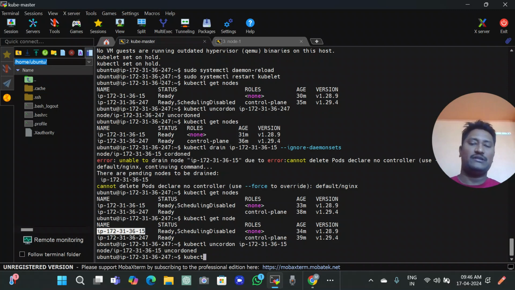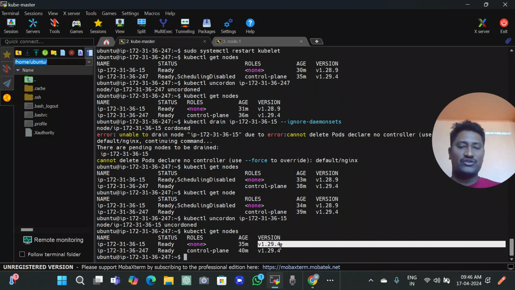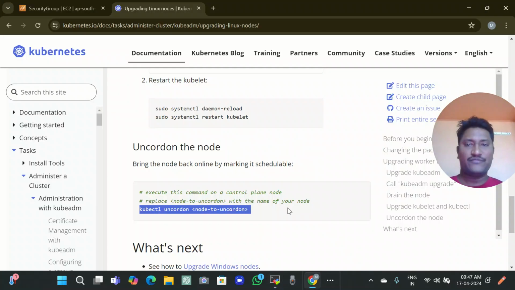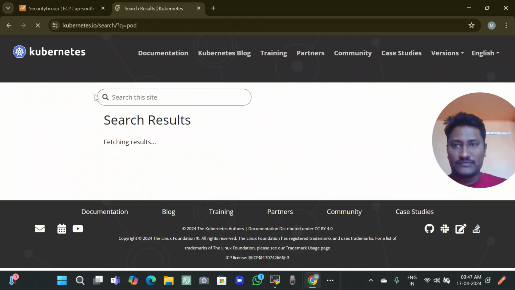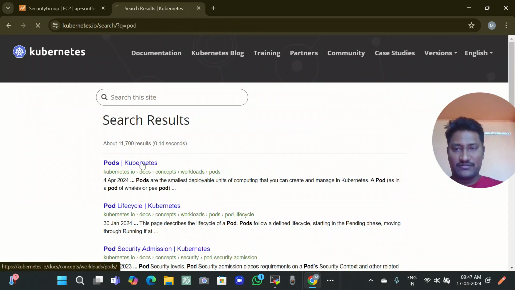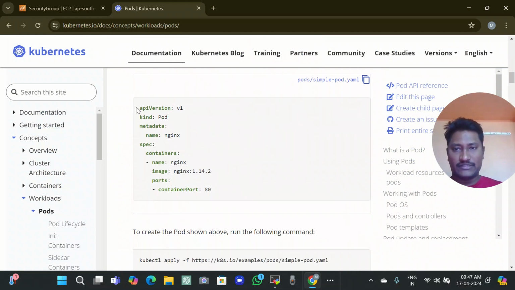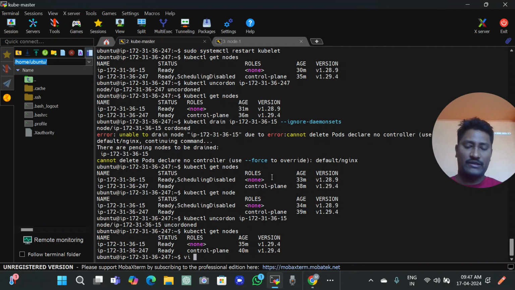Now see, kubectl get nodes. Both nodes have been upgraded to 1.29 from 1.28. Let's run a pod, just to check whether it is working again or not. So for the pod here, searching for a pod manifest file. Here we take this one, copy, vi,